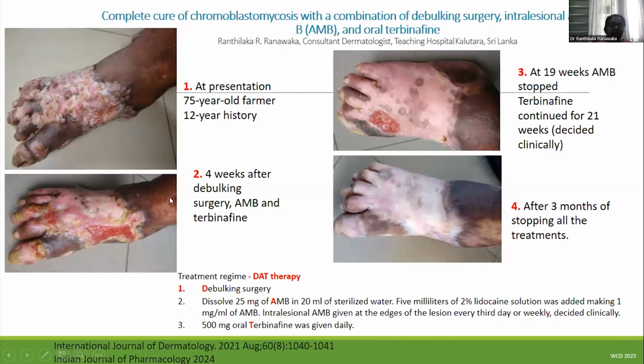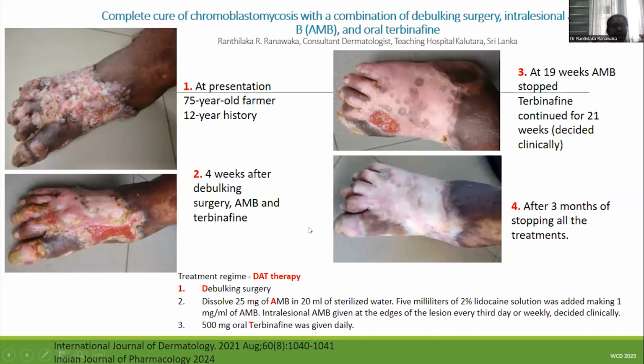So we thought of trying a treatment, which was actually not mine, but it was published with one patient. They had tried it on one patient, and it was published in a journal. So I searched the internet and found this treatment. They used intralesional injection: on the lesion, they injected amphotericin B, with oral terbinafine.